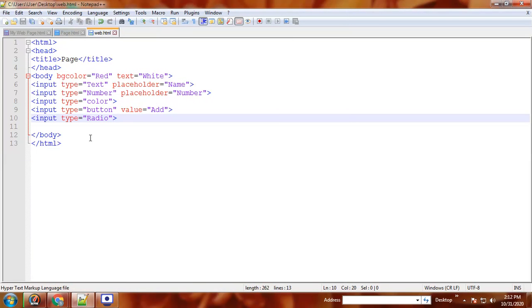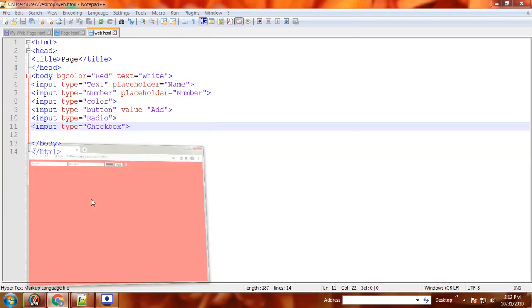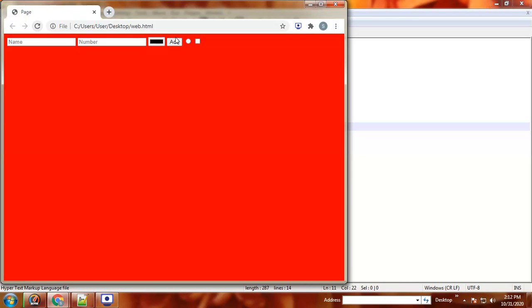And if you want to give a checkbox, that is the square shaped thing, input type equal to checkbox. So file, save, refresh.